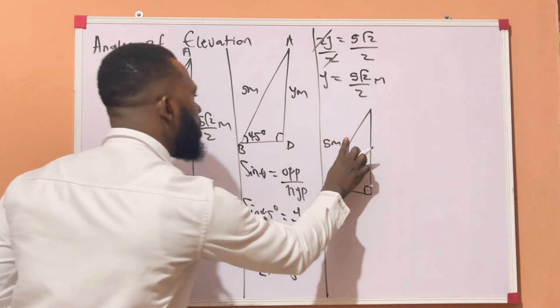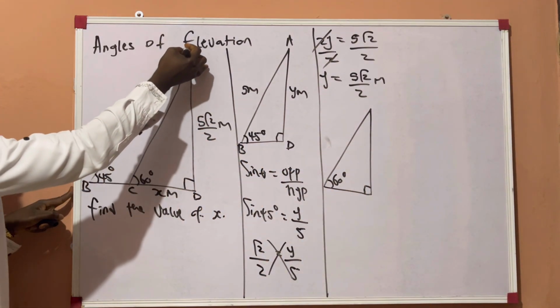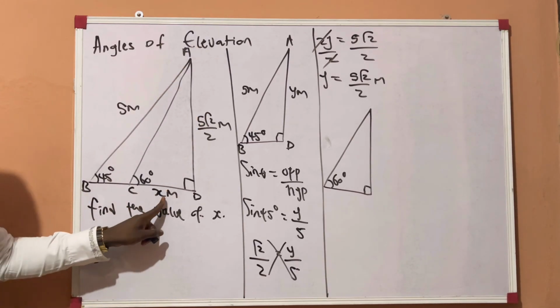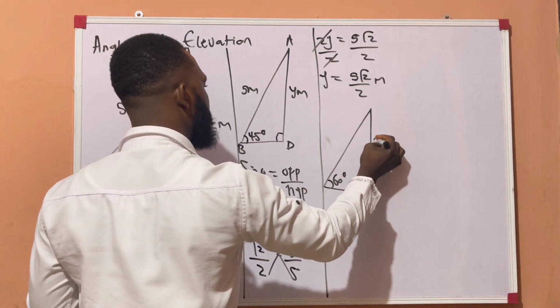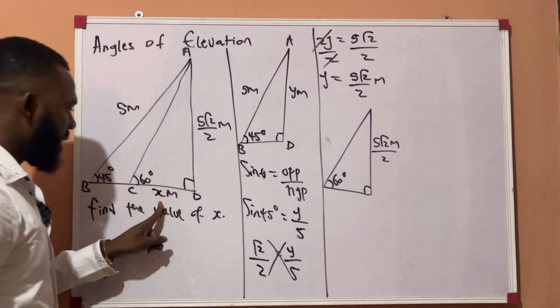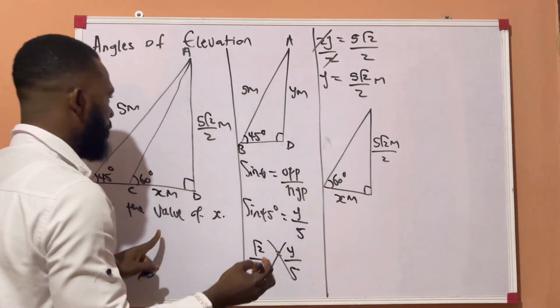Okay, sorry. Now, mind you, line AB is not common to triangle ACD. So it means there is nothing on the hypotenuse. So what we are working with here now is the height, which is 5 root 2 over 2 meters. And then we're looking for x, which is x meters. Now we have A,